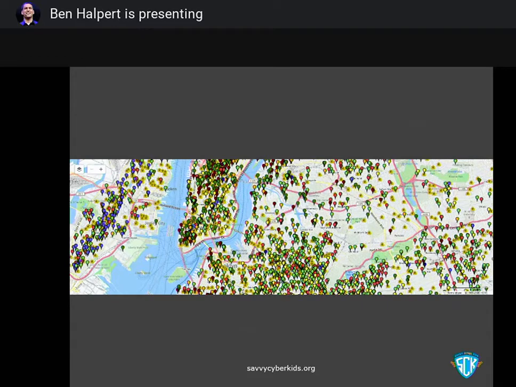This is a map. And if I were in a room with you right now, I would ask you to tell me what this is a map of. Most people actually get the answer wrong when I ask them. But I'm going to tell you. This is a map from the National Sex Offender Registry. And every dot on this map is a sex offender.